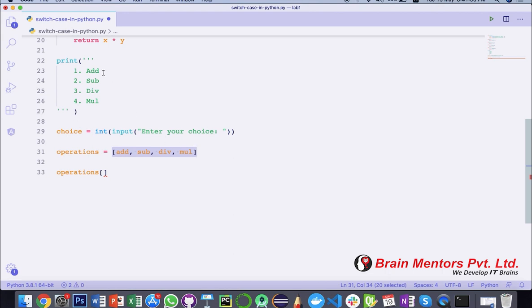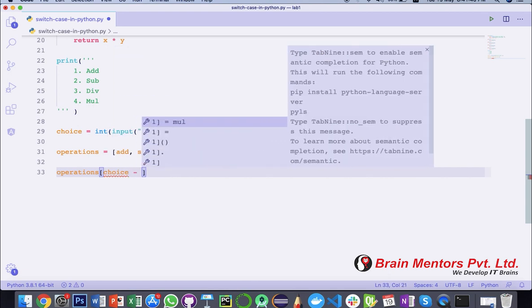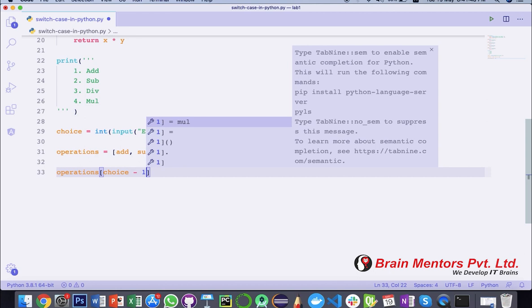Let's say you want to perform add, you are going to enter the choice as 1, but the index for the add function is 0. So I need to pass the index as choice minus 1. I always need to subtract 1 from the choice that the user enters, so that I can extract the correct function.